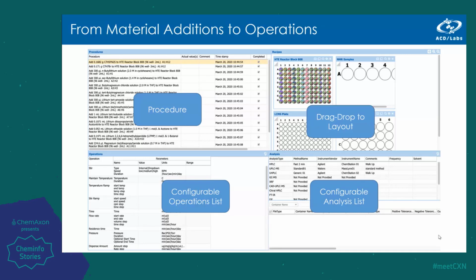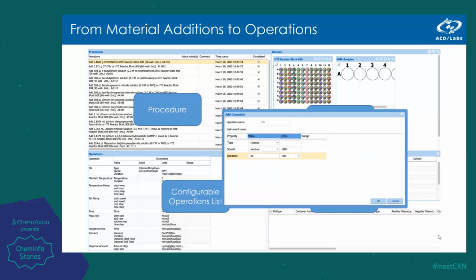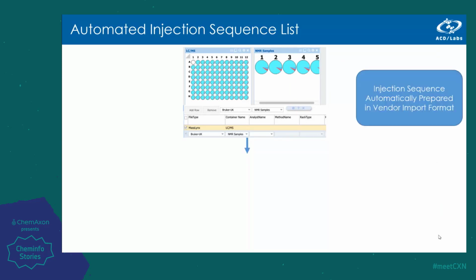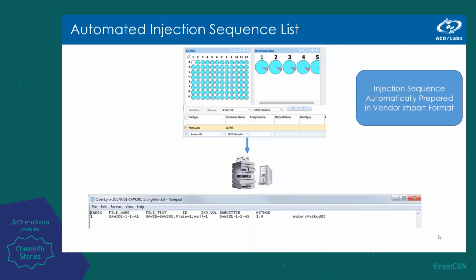Adding an operation or analysis to a plate is accomplished by dragging and dropping from the list to the plate, then filling out any information necessary for that action. The operation would then appear as a step in the procedure list. The procedure list also has a free text option, but using formatted operations is a more consistent approach for later data analytics. For analytical samples, Catalyst can create sequence lists, which can be imported into various vendor formats to produce